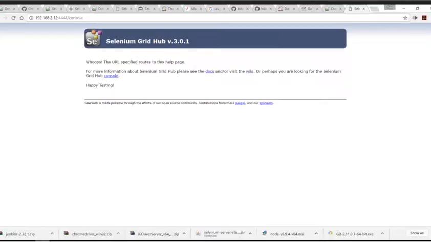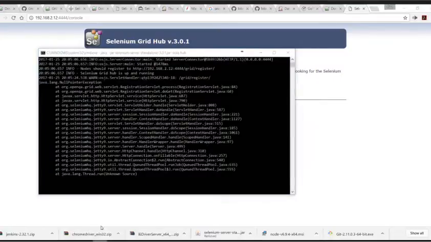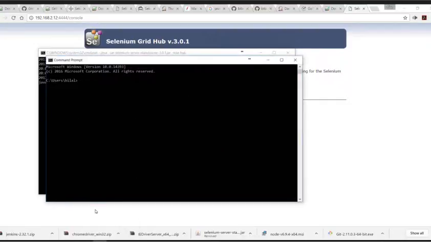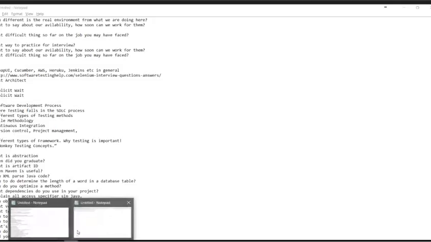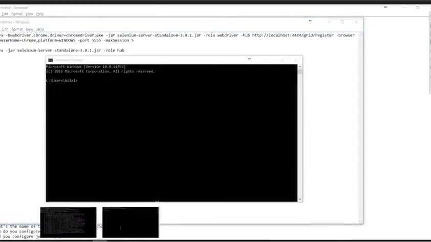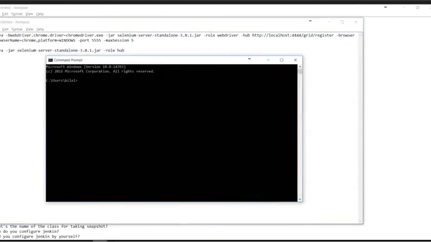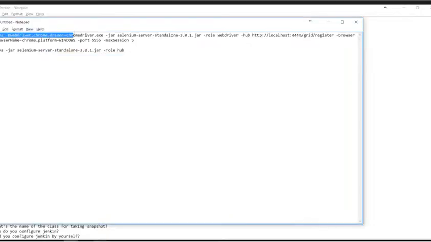Now we run the node. So this is our server. It's up and running. So we need to make this same machine a node as well. So for that, what we need is this. Let's just go to this one, same, and Java and Chrome driver, and